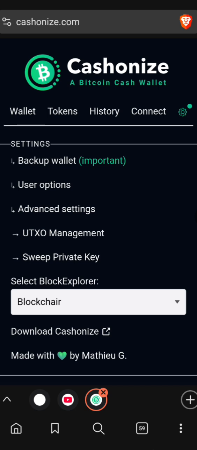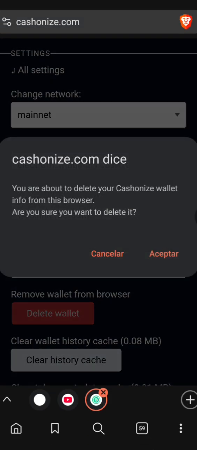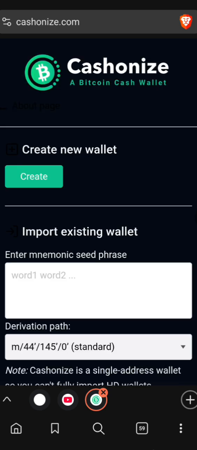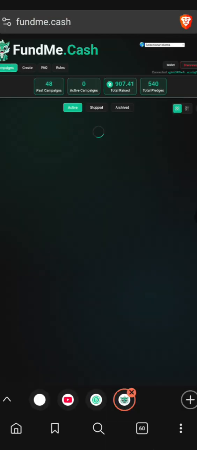So if you are using it inside the browser, not as an actual APK on your phone, which is really cool, I like it, I can go here on advanced options and I can delete the wallet. So I will delete this wallet, goodbye. So I will be like a new user. Okay, so we are creating a new Cashonize wallet so that I can show you how to connect to the FundMe page, right? So here we have the FundMe.cash, which is the